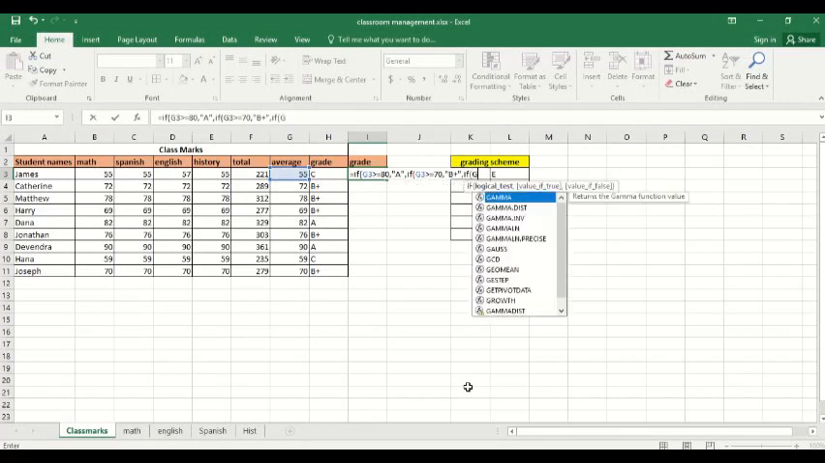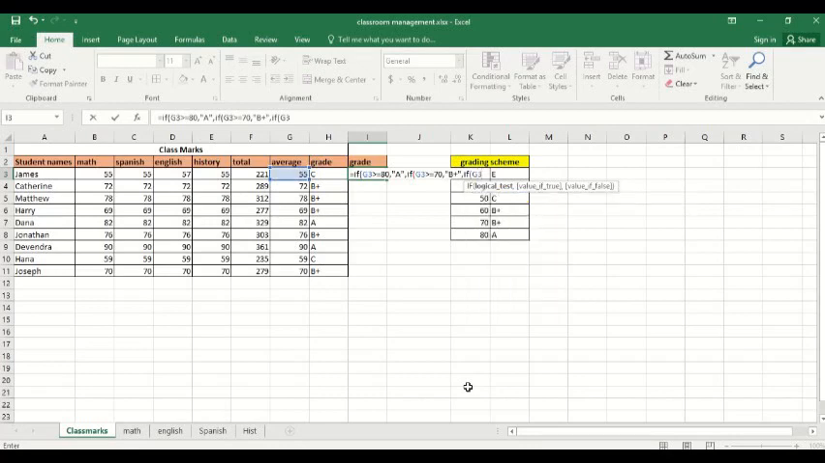If G3 is greater than or equal to 60, then apply B, else if G3, and notice it's not case sensitive, G3 is greater than or equal to 50. Then apply C, else if